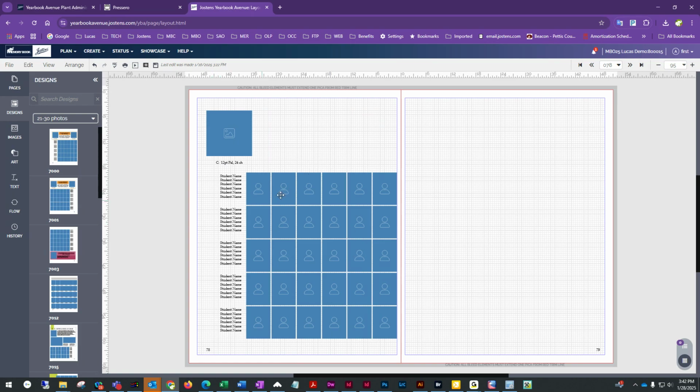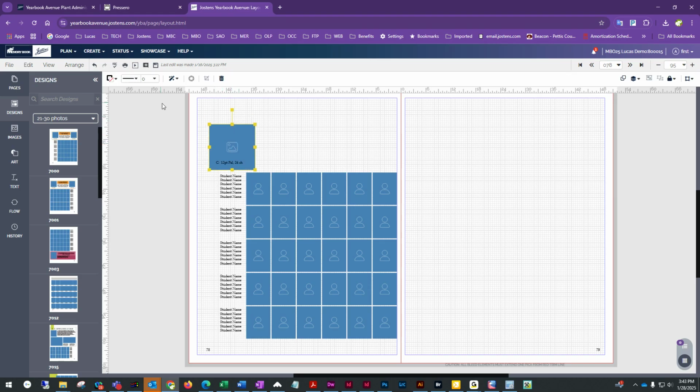But with the class templates that have a teacher spot, instead of adding them into the portrait category with the student images, you can just leave them in the staff folder where they are. The teacher spot, if you notice, has a slightly different photo box symbol on it. It's a little mountain, our landscape symbol. This is a manual drag and drop spot like you see in the candidate activity templates. So while this part down here flows in using the flow tab,